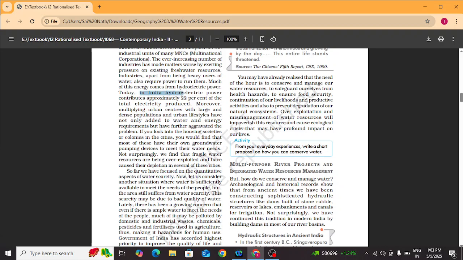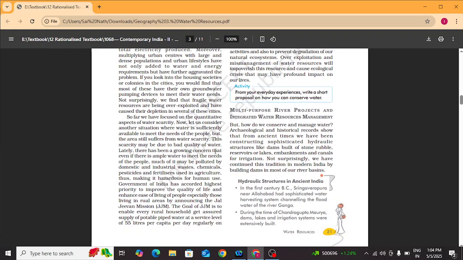Today in India, hydroelectric power contributes approximately 22% of the total electricity produced. Moreover, multiple urban centers with large and dense populations and urban lifestyles have only added to water and energy requirements, and have further aggravated the problem as well. Okay. Hence, you can see